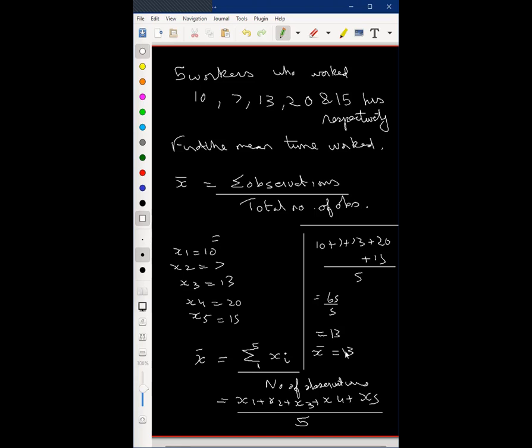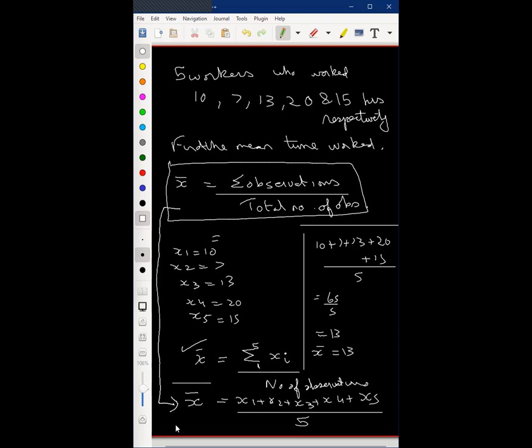Sir, I wanted to ask one thing. Sir, without writing this x1 equals 10, we can simply just add and then count the total number of observations. Yeah, but we have to write this formula down also, right? To get marks. You could have directly gone from here till here. I have just told you this because when we discuss grouped frequency distribution, this kind of formula comes into play. But this is also important because we need to write down the observations. Please copy this down, everyone.